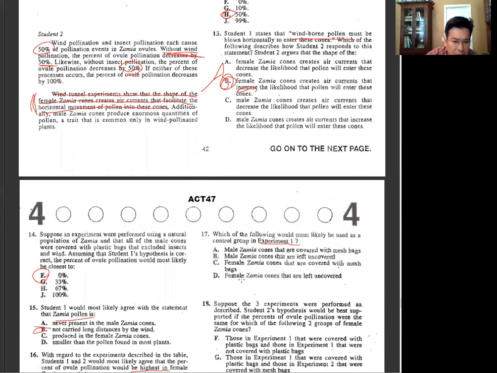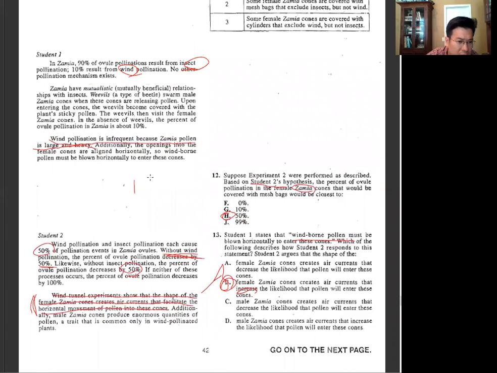Okay, so male Zamia cones covered with a mesh bag, left uncovered, female Zamia covered with a mesh bag, cones left uncovered. So whatever they try to do here is